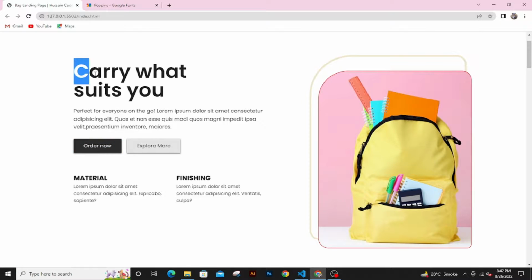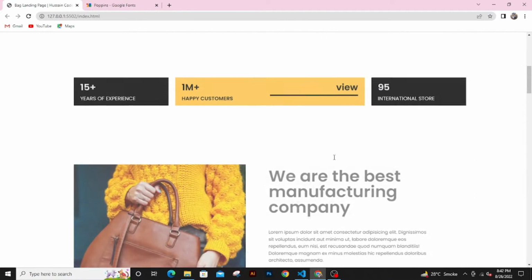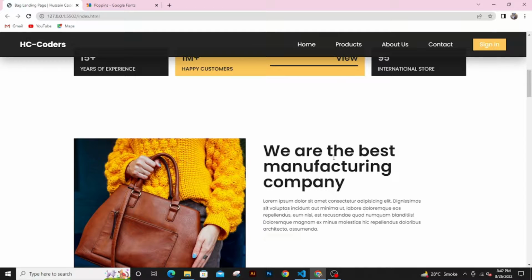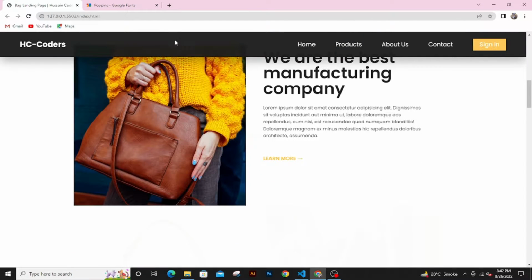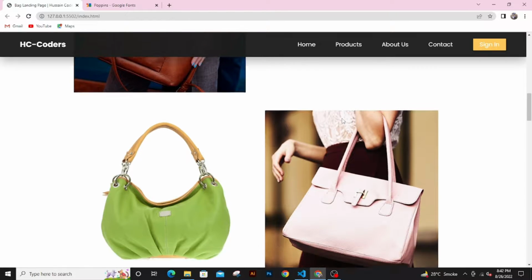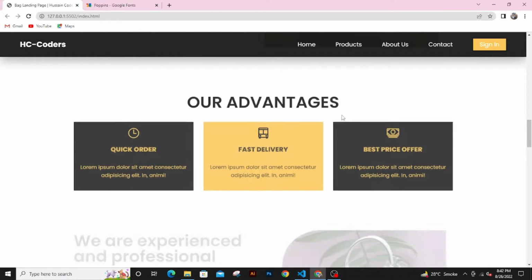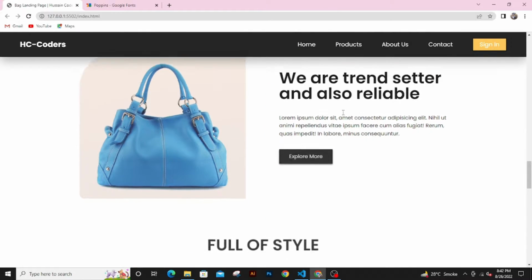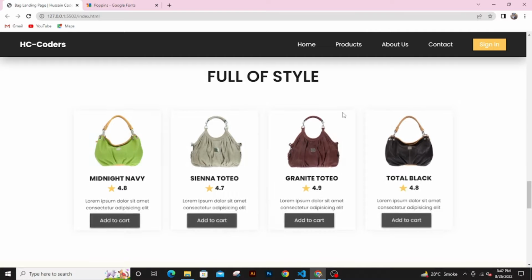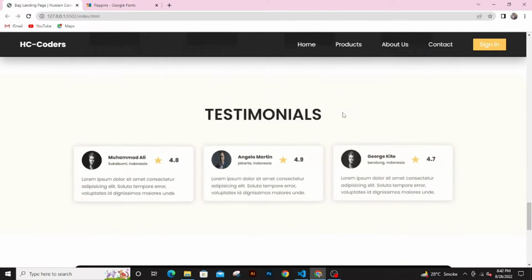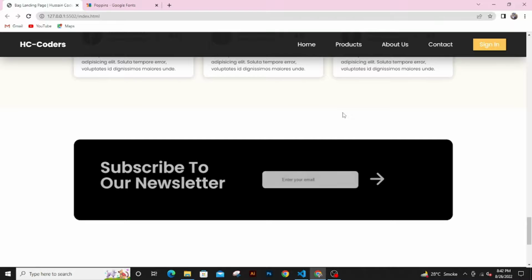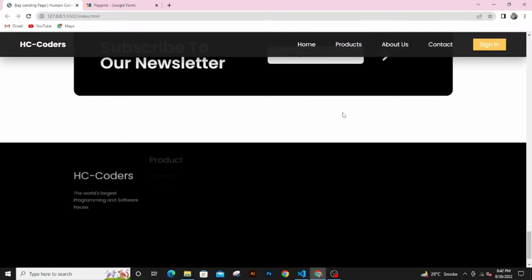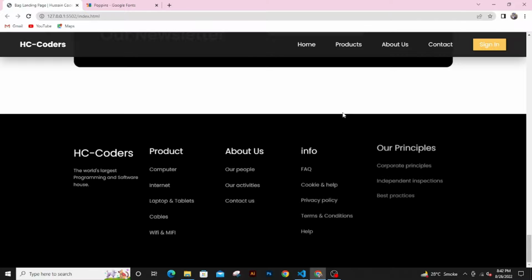In the hero section we have these things with some buttons, then this, then a sticky navigation bar. This is the gallery. This is the style section. These are the testimonials. This is the form part,